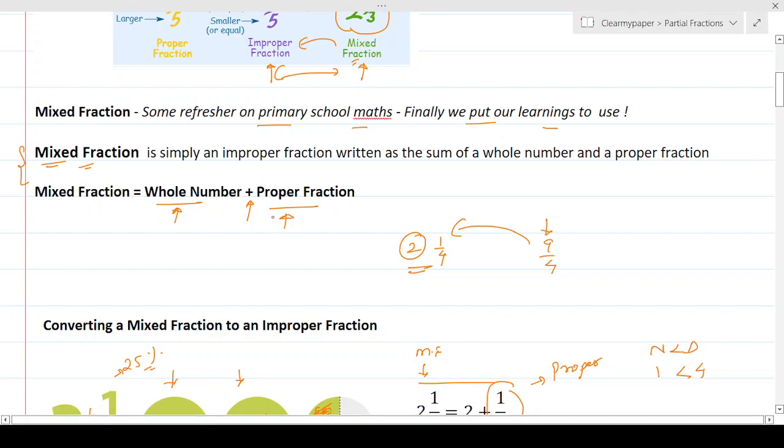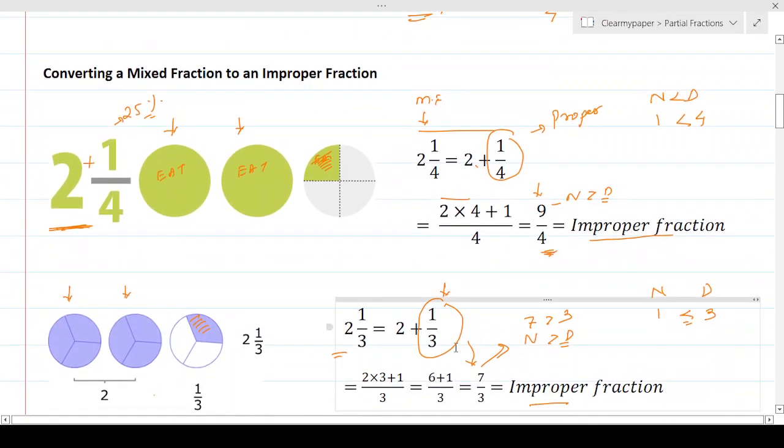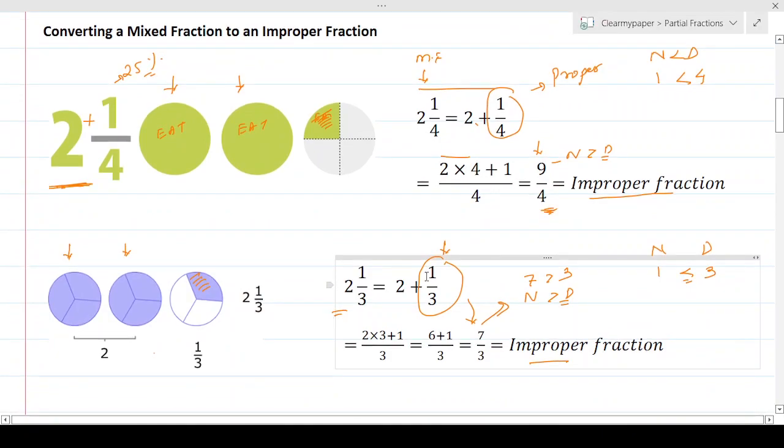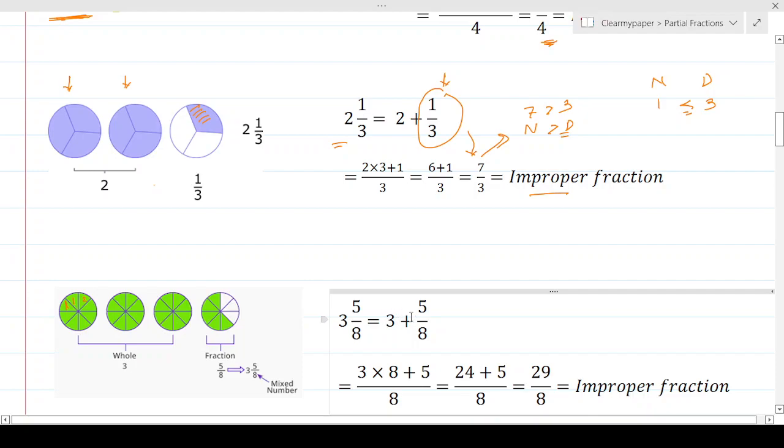That's what it is. That's what we do here. We have a whole number 2 and we add a proper fraction to that. We have a whole number 2 again here and we add an improper fraction for that. Again, in this case, we have a whole number 3 and then, in this case also, we add a proper fraction,